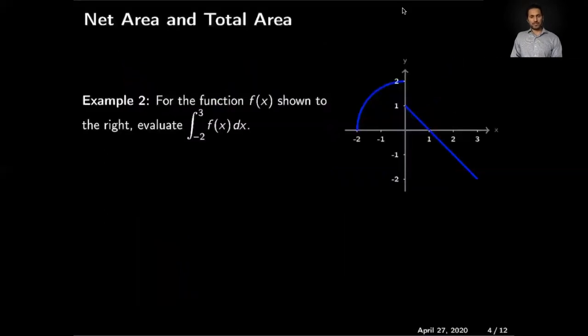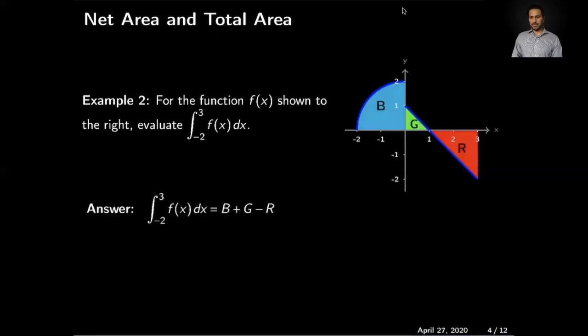Let's do one more example. Here some portion of the function is above the x-axis, some portion of the function is below the x-axis. And we are asked to calculate the net change of this function from -2 to 3. By definition, it will be the blue area plus the green area,